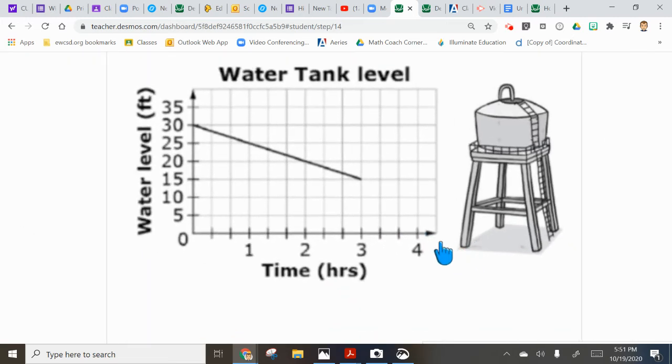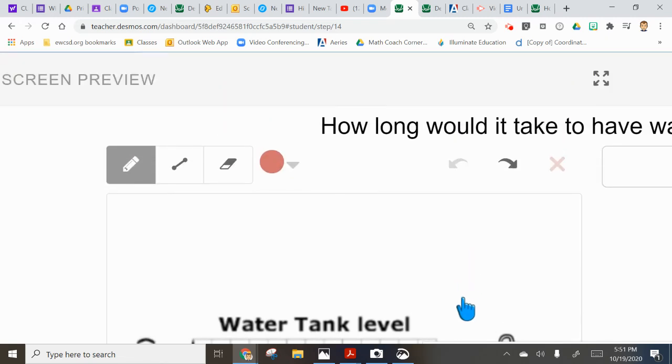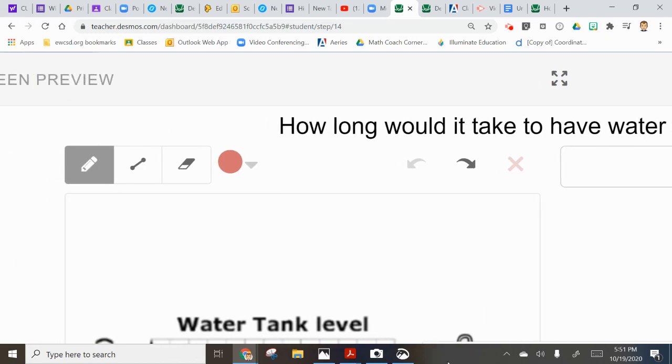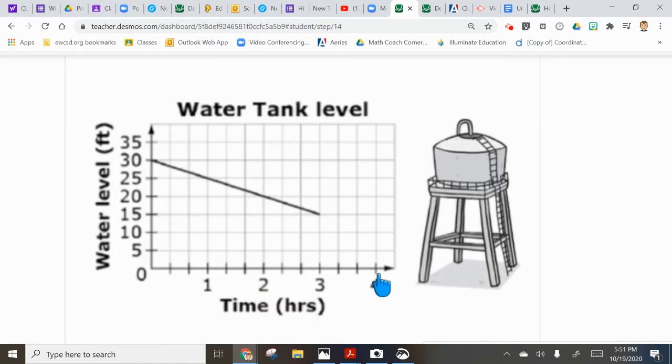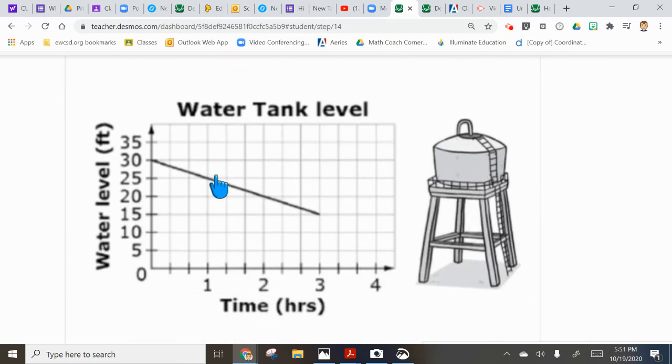Okay. So this question I'm going to ask you, my question to you is what it says up here. How long would it take for the water tank to be empty? And we did one like this last week at some point. How long would it take for this water tank to empty? As it's emptying, how long would it take to empty? Now, as I look at this, remember,